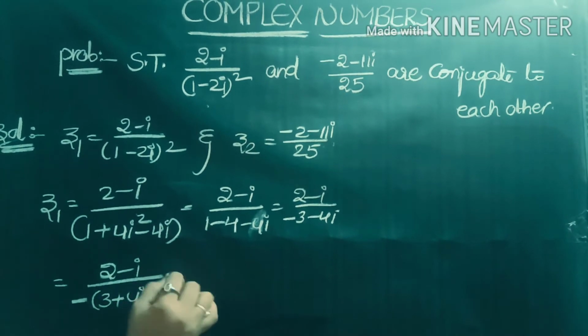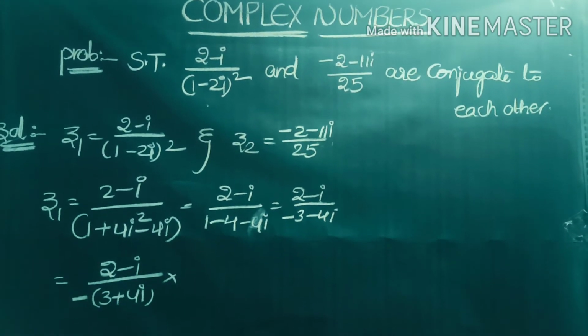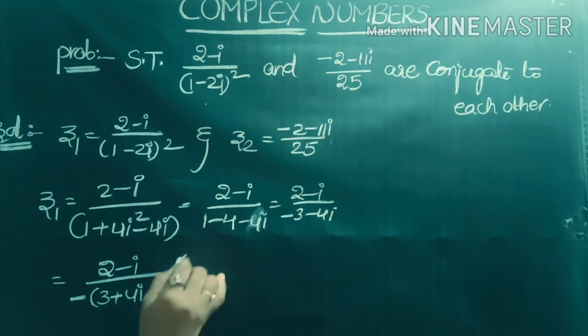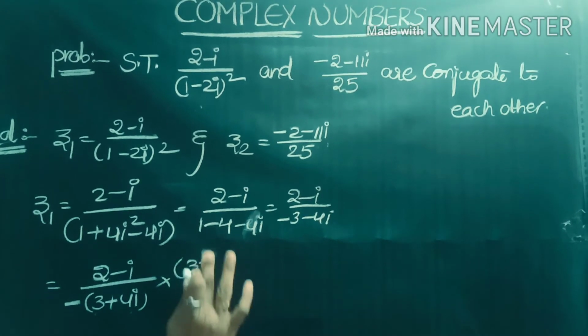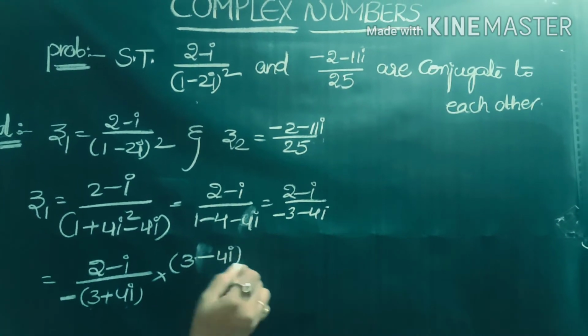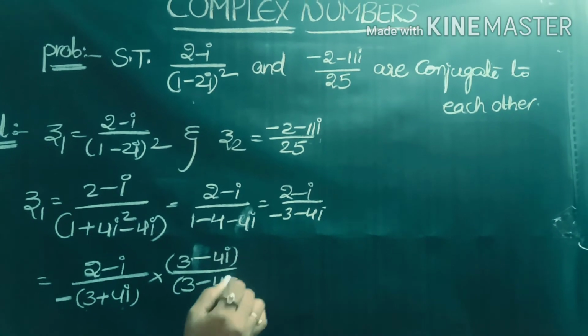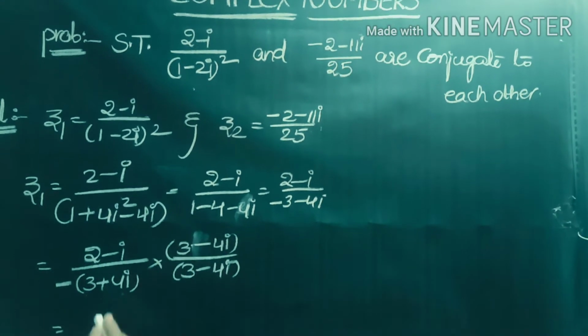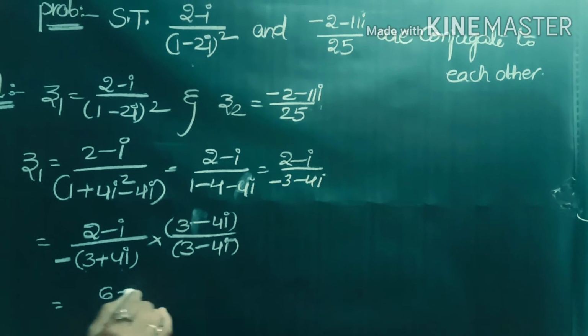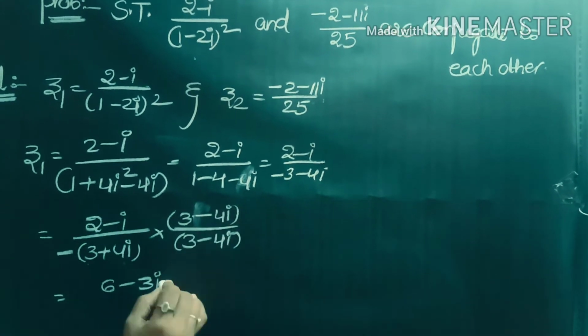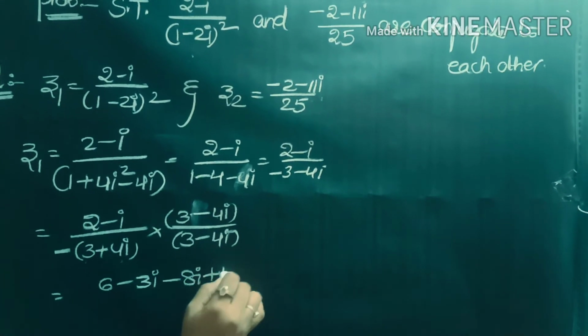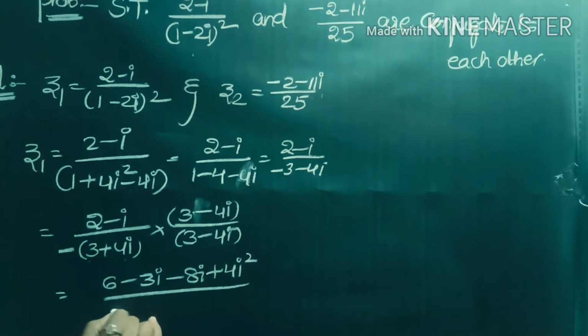Now to convert this number into the form a + ib, we rationalize by multiplying by (3 - 4i)/(3 - 4i), and this is equal to taking the product of the numerator values: 2 into 3 is 6, minus 3i, 2 into -4i is -8i, plus 4i²,